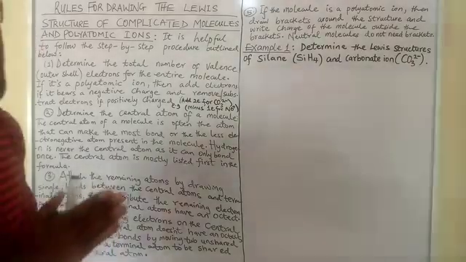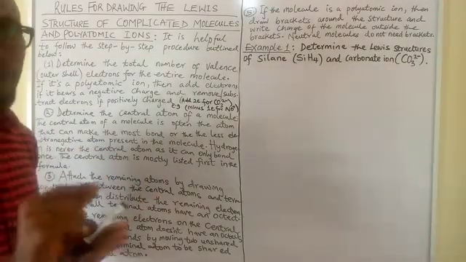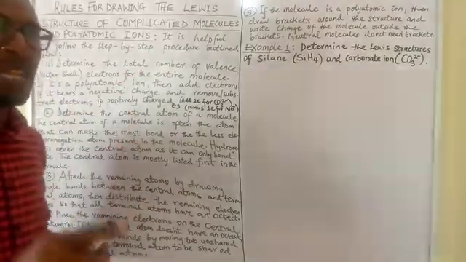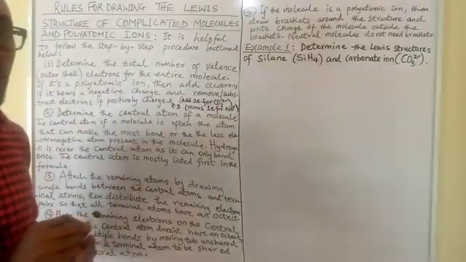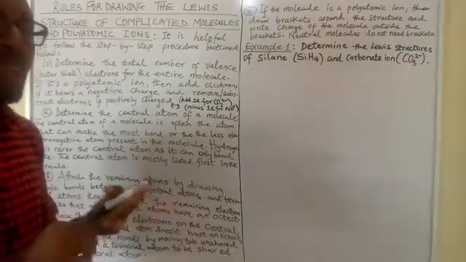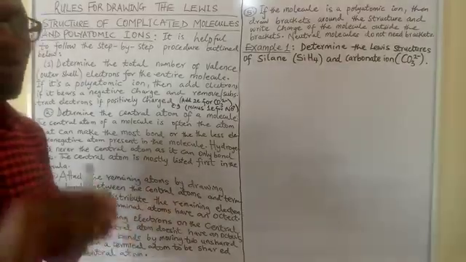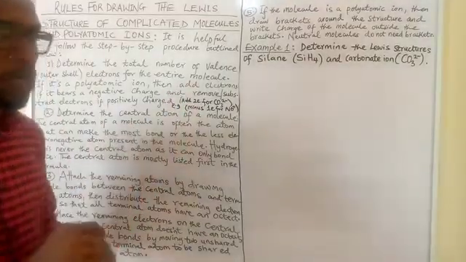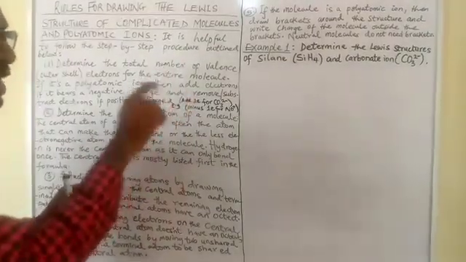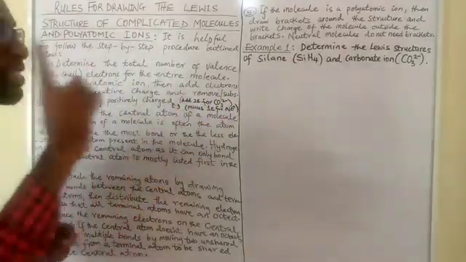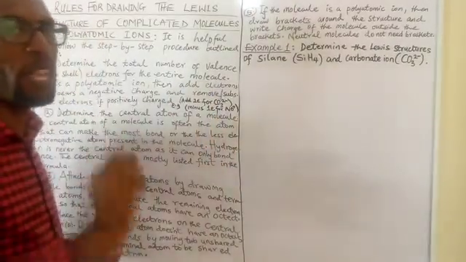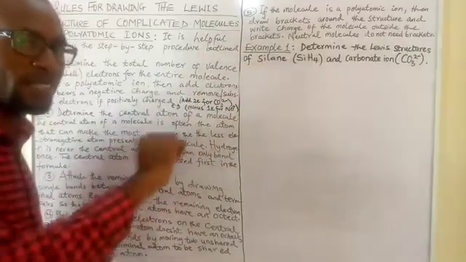Nice. After you have done that, you know that those single covalent bonds represent shared pairs of electrons. So you calculate the number of electrons used to make those bonds and subtract it from the total number of valence electrons. That now tells you the total number of non-bonding electrons. Those electrons that were not involved in the bond formation are what you now distribute. You use those electrons remaining after you've made the bonds. First of all, use them to satisfy the octets of the terminal atoms first. Remember, the terminal atoms are those atoms that surround the central atom.